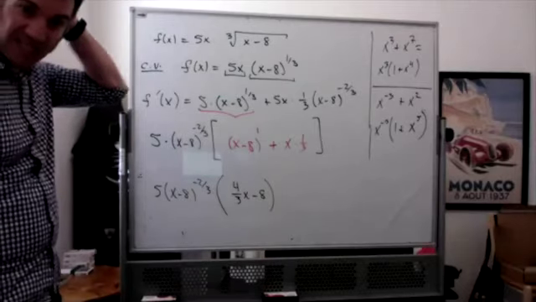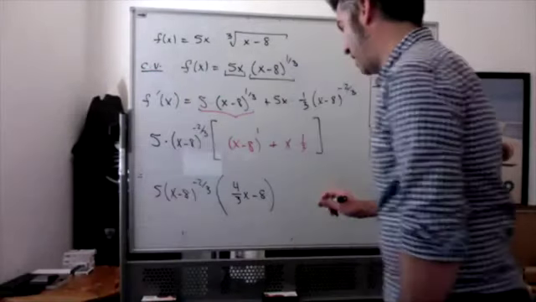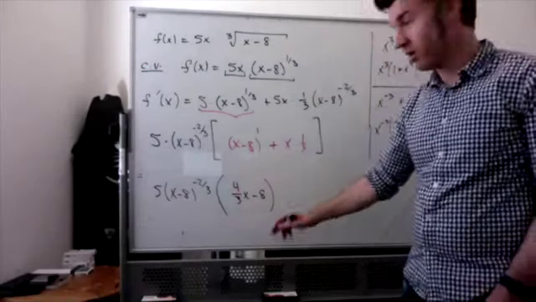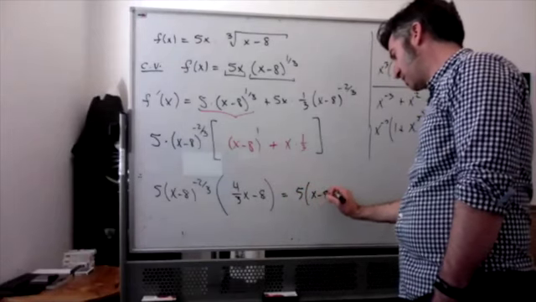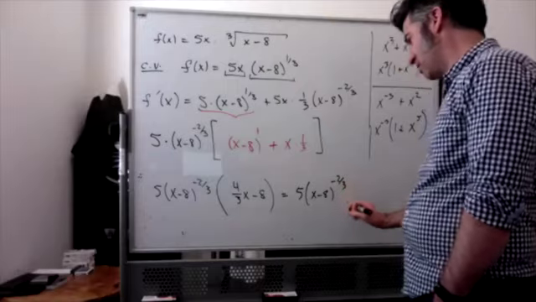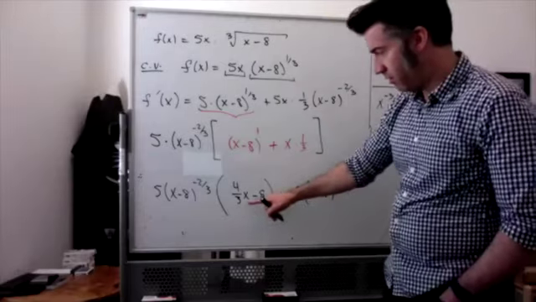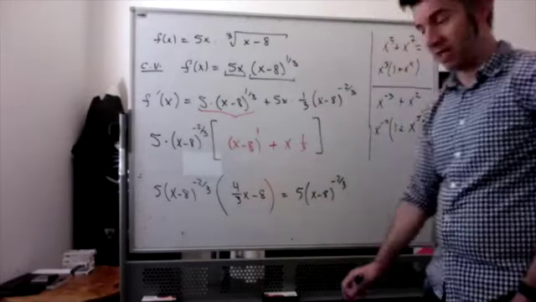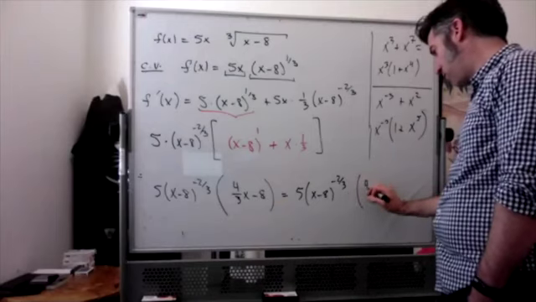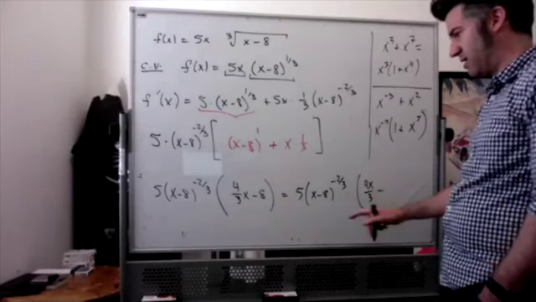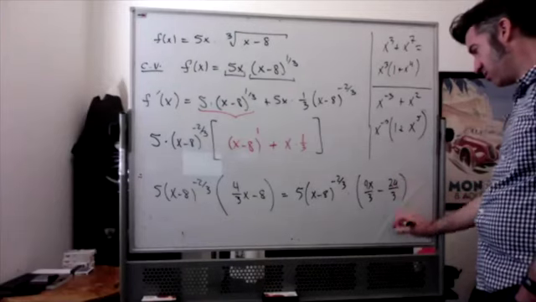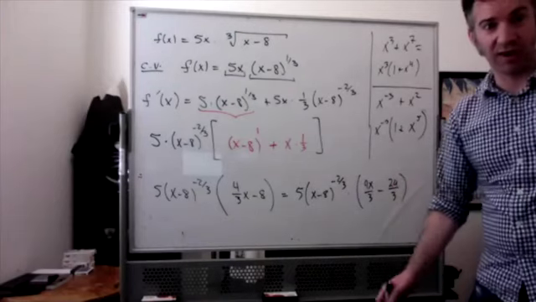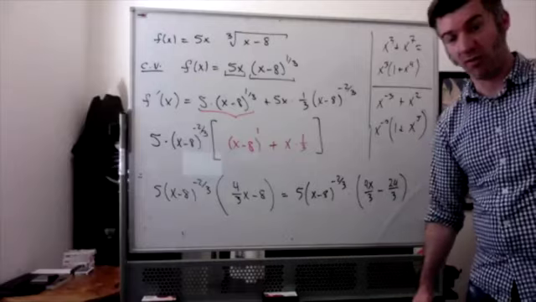That's not the best. I should actually get a common denominator here and say this is 5 times x minus 8 to the negative 2/3. 4/3 x minus 8 is 4x over 3 minus 24 over 3. So then I can combine that as 4x minus 24 over 3, and I can factor out a 4. So in the end,